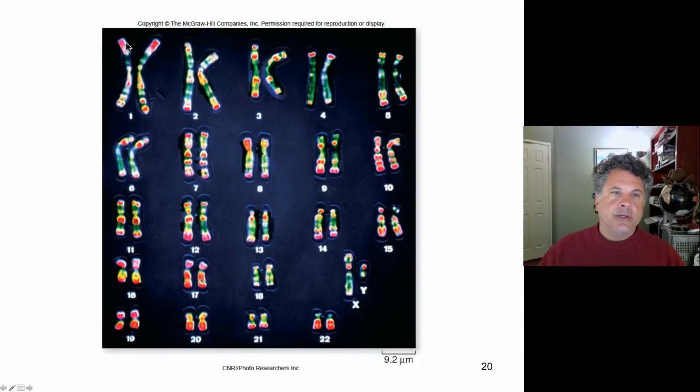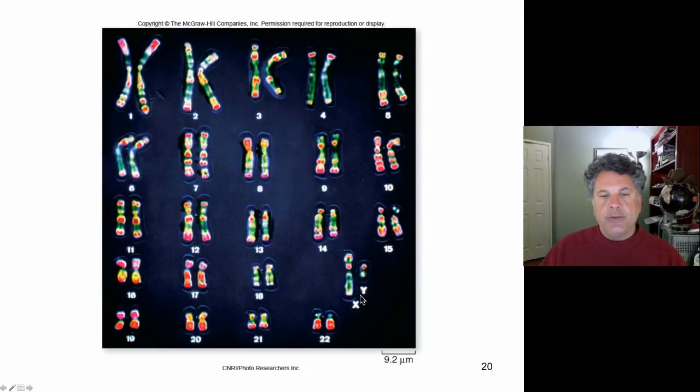And these homologous chromosomes, let's say chromosome number 1 here, contain the same sets of genes along their length. There could be different versions of the genes in the chromosome inherited from the father or the chromosome inherited from the mother. There can be different versions of genes, but the same sets of genes are found in these homologs unless the chromosome has been rearranged by mutation or an odd event.